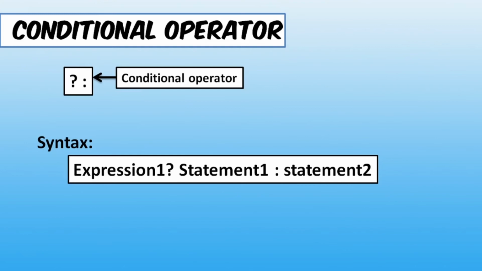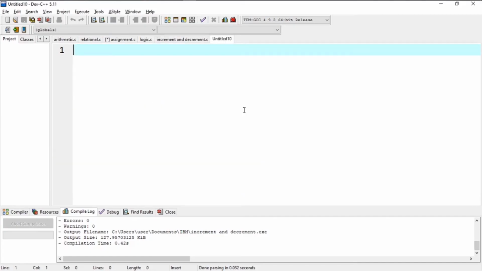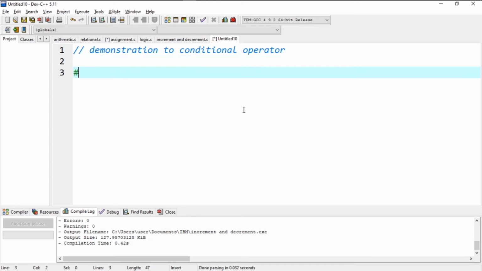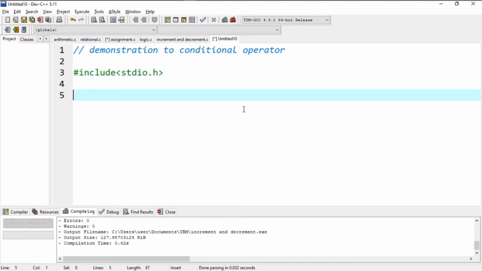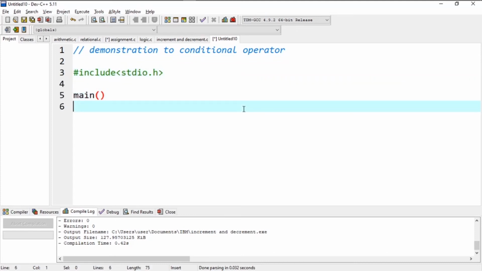So let's demonstrate it. I create a new file and I'll give a title very quickly, demonstration 2, conditional operator. So I'll include a header file over here, #include <stdio.h>. I'll write a main function over here.